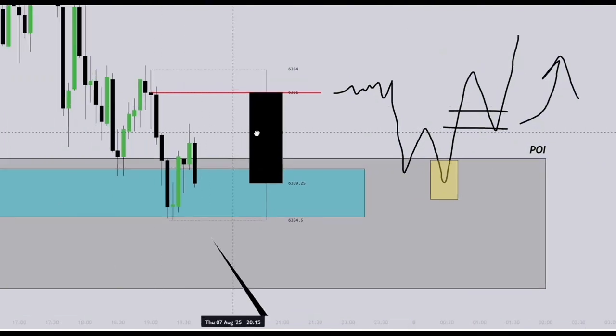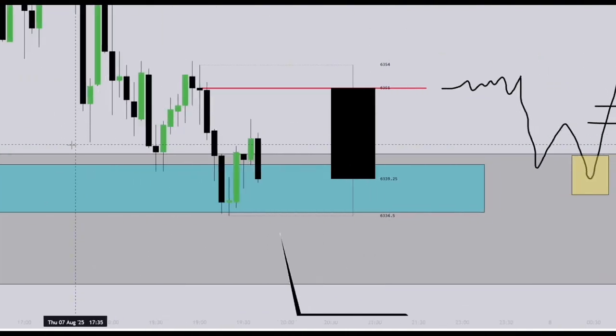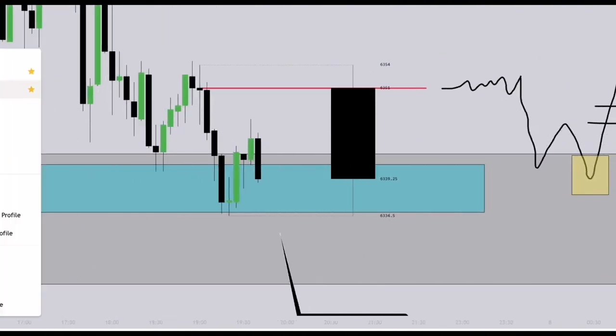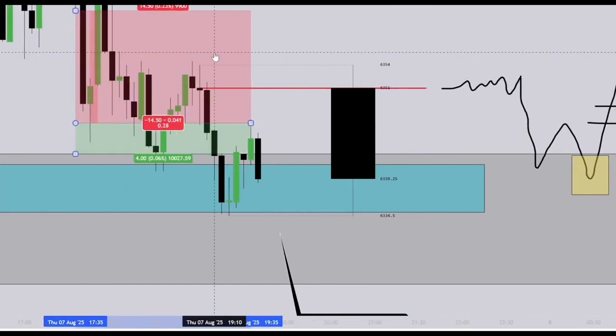So you don't want to be FOMOing into positions, right? So let me give traders a few tips. First of all, you do not want to be entering anywhere here. So you do not want to be entering